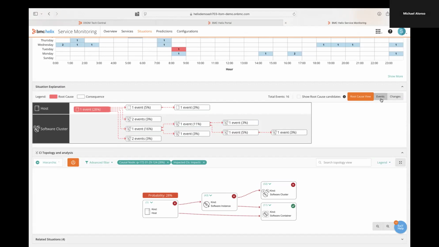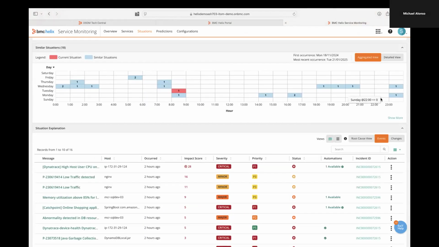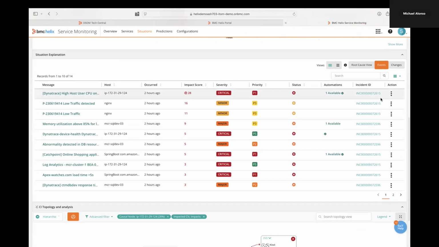But I also want to look at it from an event perspective. So here are those events. Remember, when we looked at that event management screen, I said that once it's up and running, nobody really looks at that. This is the view everybody wants to see because I'm not looking at hundreds and thousands. I have customers that are getting tens of thousands of events an hour. I just want to see the important stuff and how it relates to my environment. And this is that bit of information.